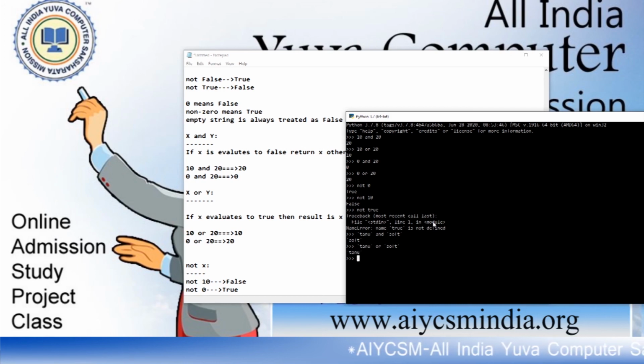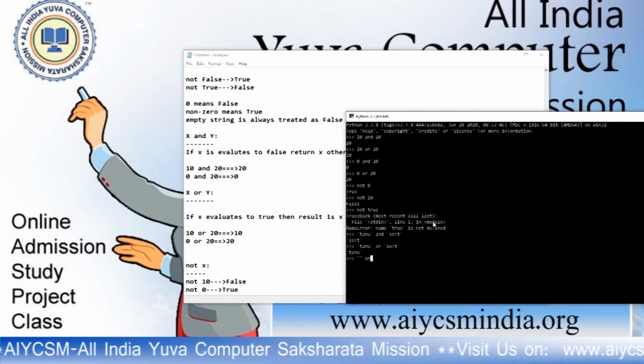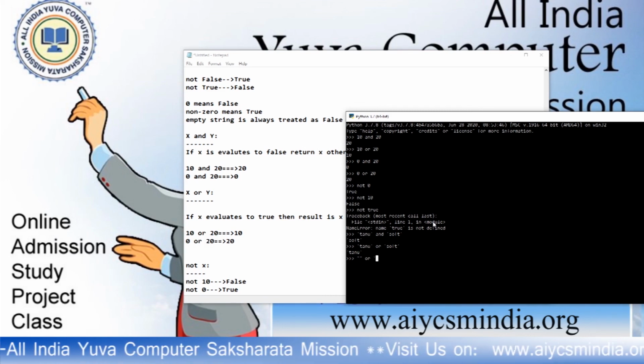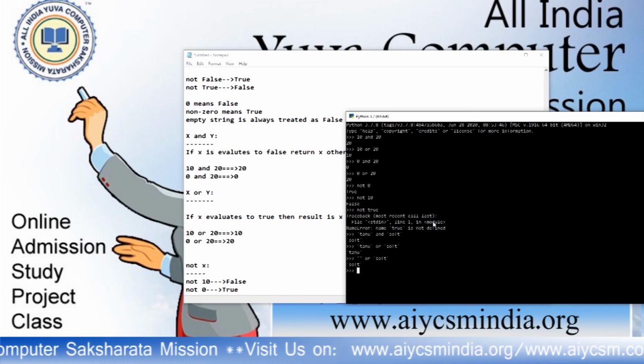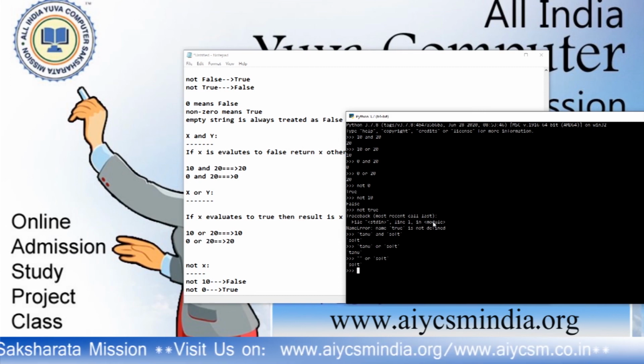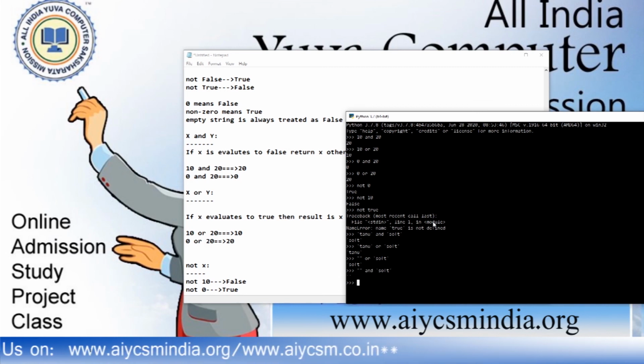If it is empty or soft, then it will return soft. If we do the same thing for AND, then it will return the empty value.